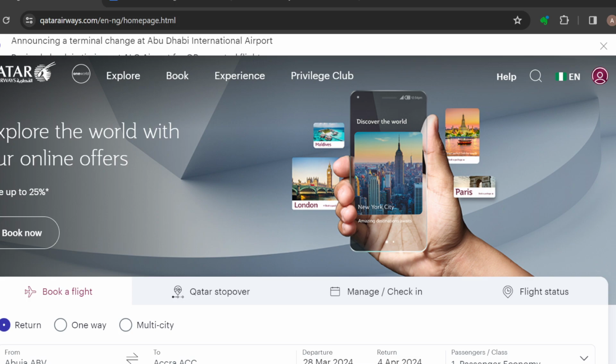So the first thing to do is to log in to your Qatar Airways account. Once you're logged in, you can always check if you received an e-ticket through your email. Now the thing is that after booking a flight and making payment, automatically your ticket number will be sent to